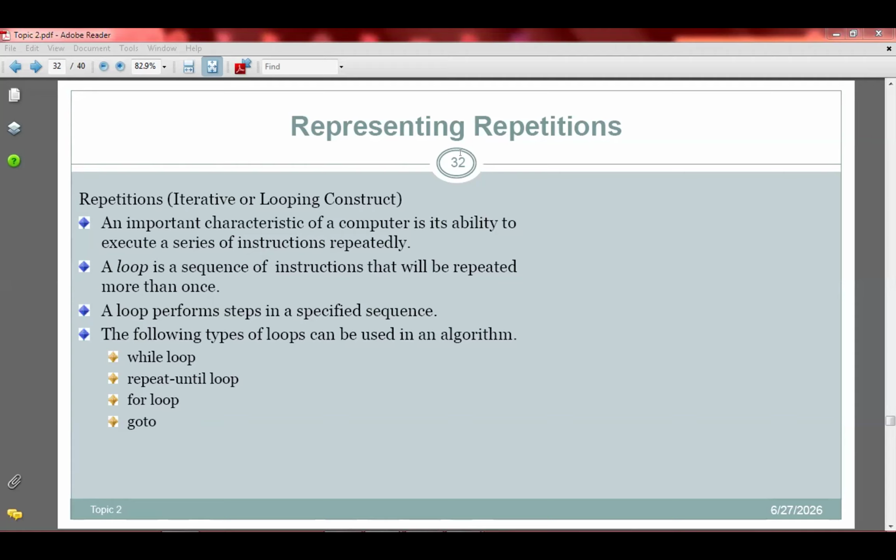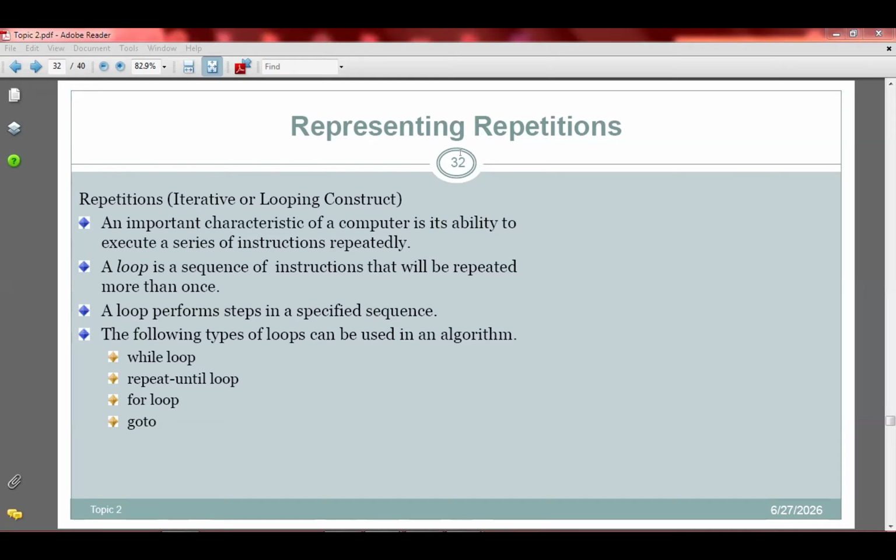So there should be a certain condition that needs to be satisfied before you can repeat an action. Then the second one, there should be the action you are repeating. When we say you are repeating something, it means that you have done something before and you are looping, you are repeating it again.